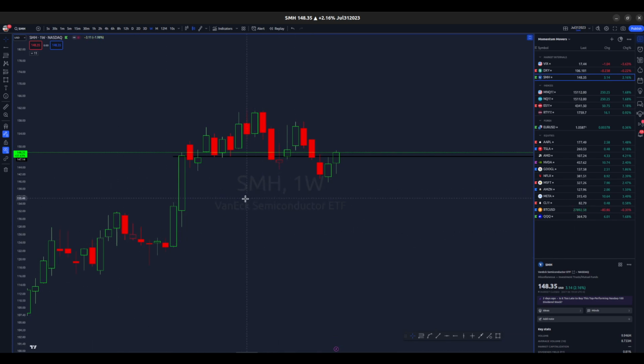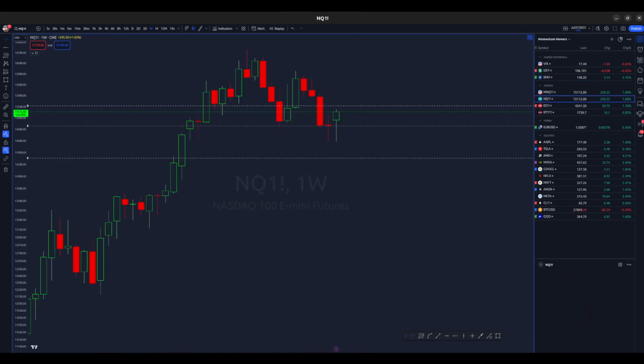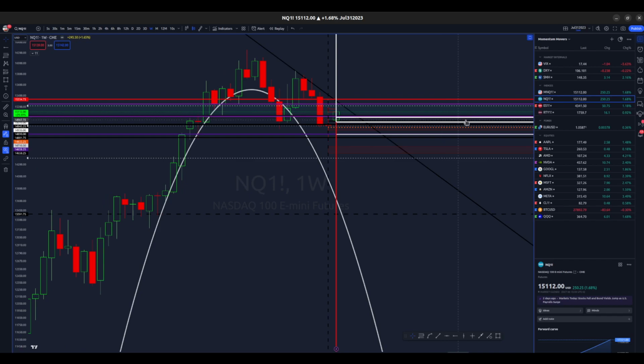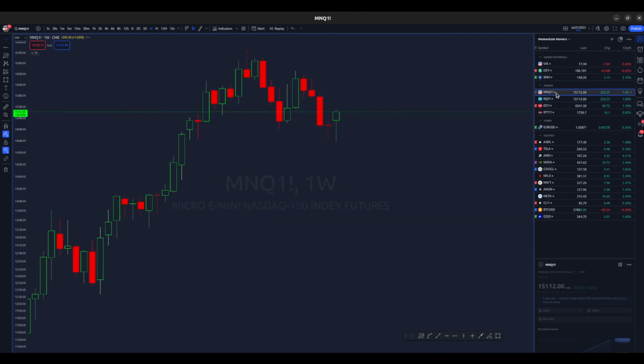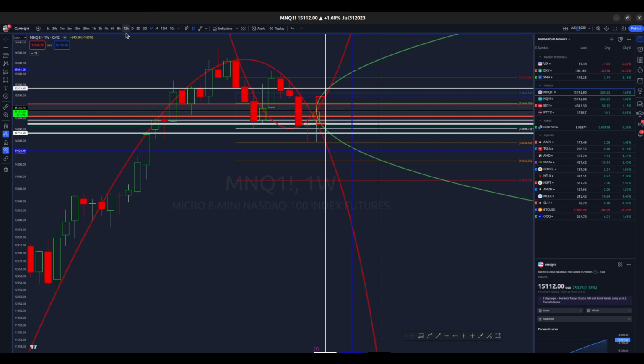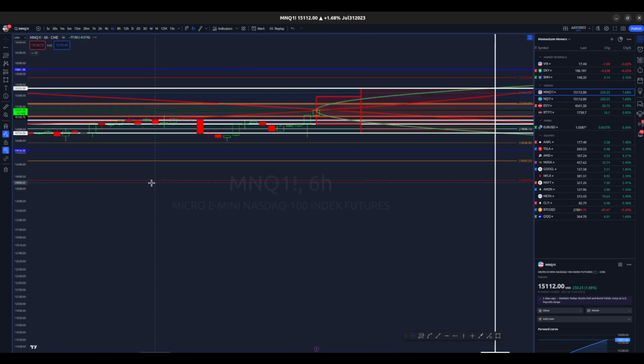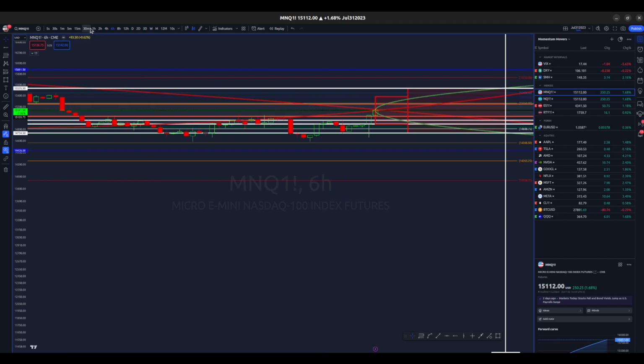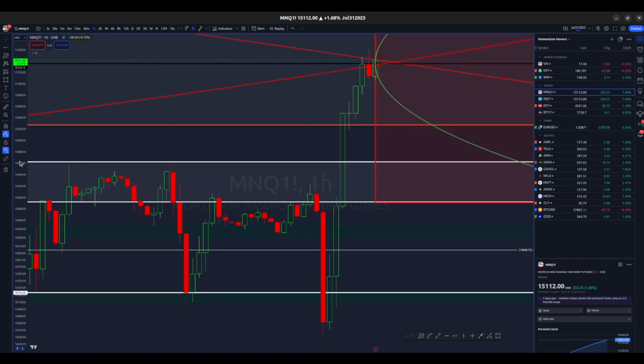And a lot of the events are right at the doorsteps of what has held this market up, which is the Nasdaq and tech. So I would keep an eye on the news. And with that said, let's go into what I expect to happen going forward this coming week, right? So we'll switch down to a 6-hour chart, or how about a 1 hour? I think I drew this on the 1 hour.